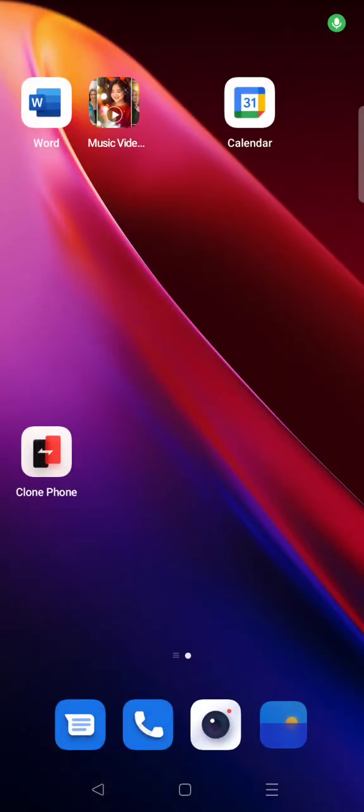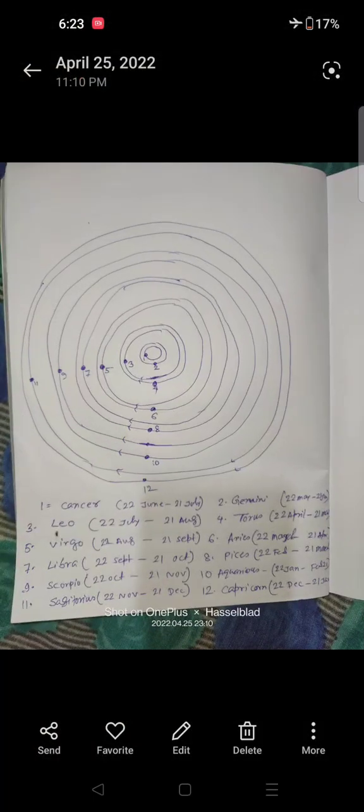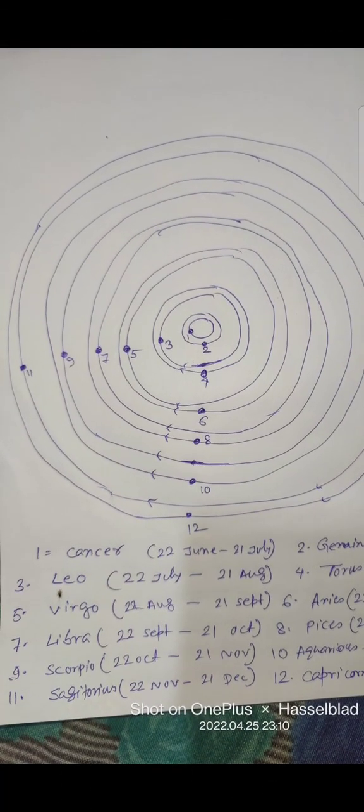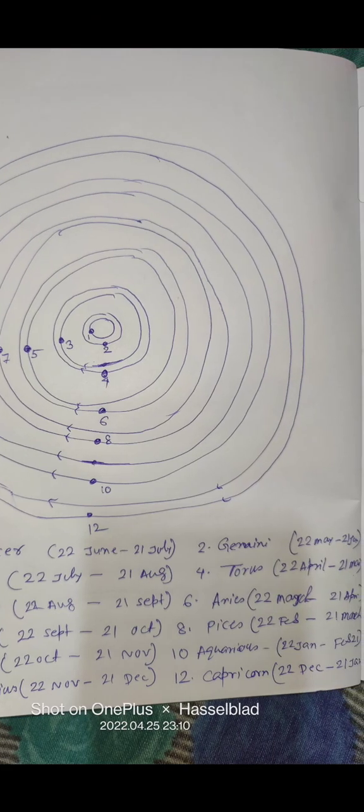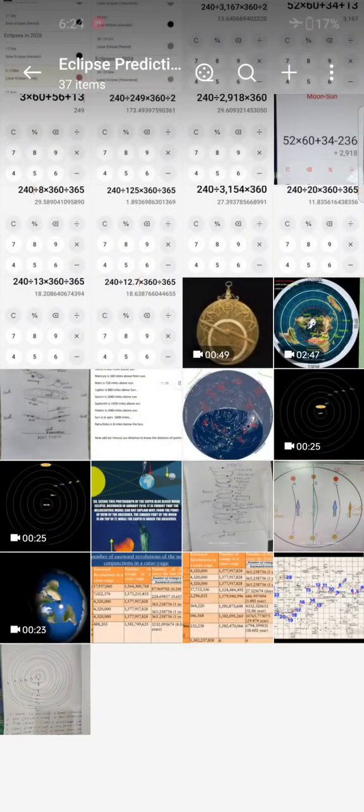As I told you in my video one year ago, this was the case. The Cancer, Leo, Virgo 1, 3, 4, 5, 7, 11, then 12, 10, 8, 6. This is Uttarayan and Dakshinayan, movement towards the south and movement towards the north through this zodiac plane, and it is so